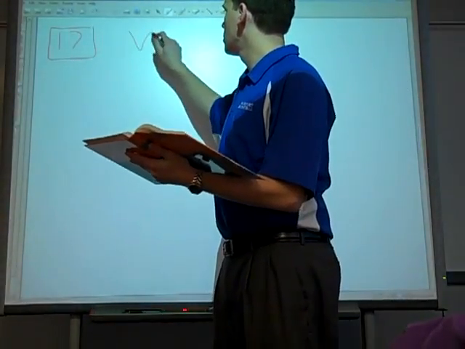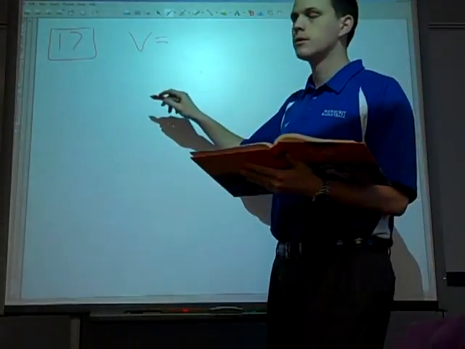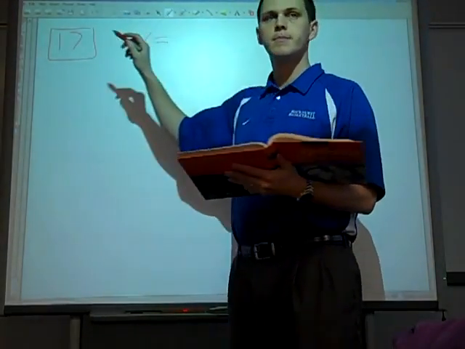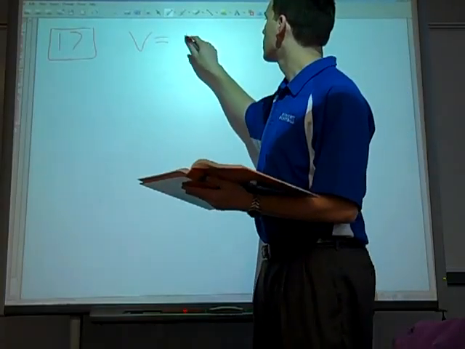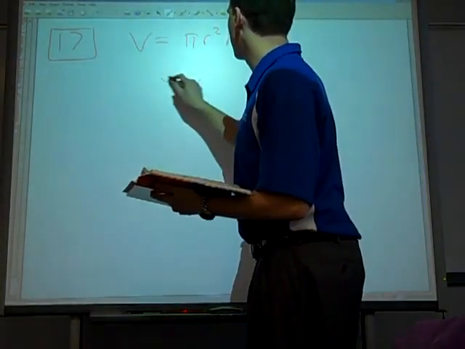The volume of a cylinder. What's the formula for the volume of a cylinder? One-third pi something. Wow. Pi r squared h. Because if you've got this can,